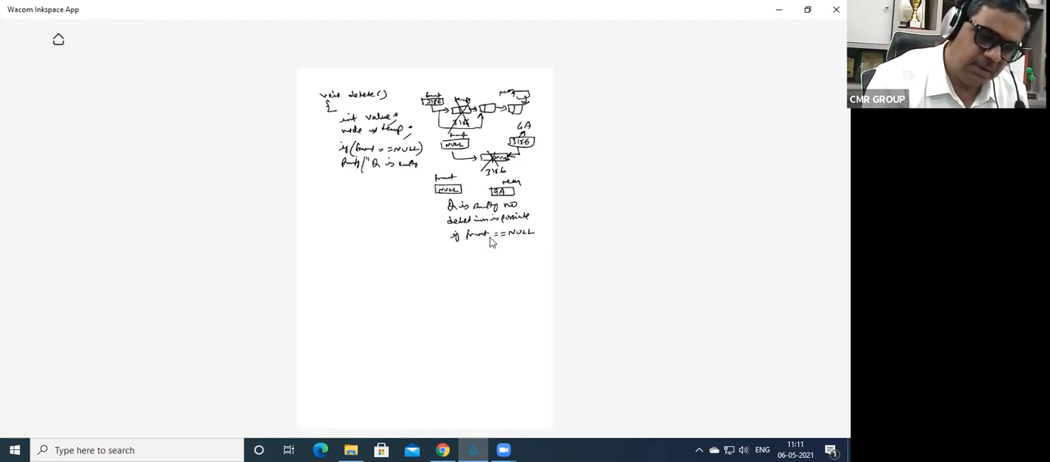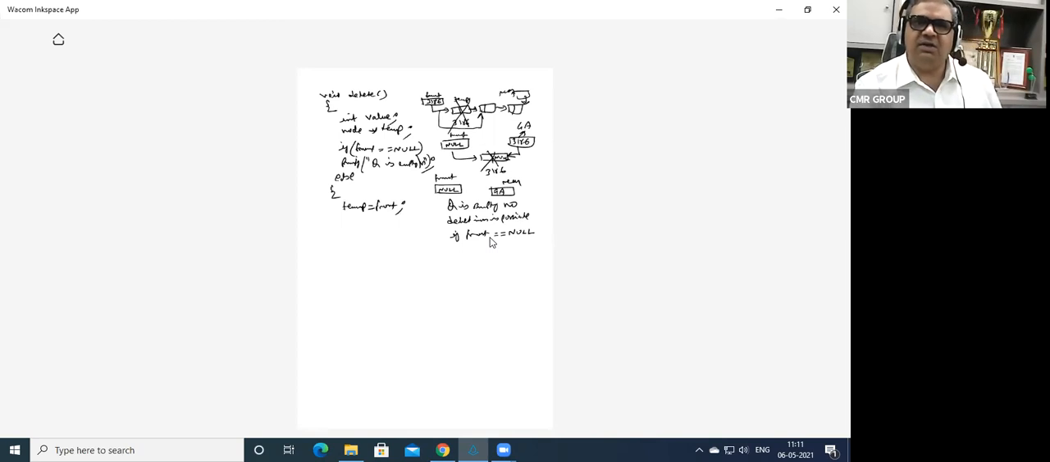Q is empty. Okay. Else part, we are going to do the deletion. How do we do the deletion? First assign temp equal to front. The front value, whatever the header which is there, whatever the value you have, assign it to